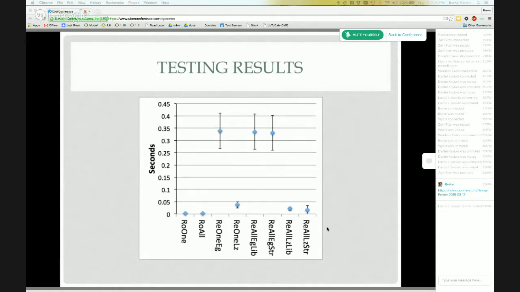RBAC by itself, the running time is negligible, because it's just RBAC on its own. When ReBAC is introduced, we see an increase in time. A simple thing you see here is that the eager evaluation scheme, where we compute principal membership for every authorization principle beforehand, is a long process. But if we use lazy evaluation, meaning we compute principal membership only when needed, the time is less than 0.05 seconds.